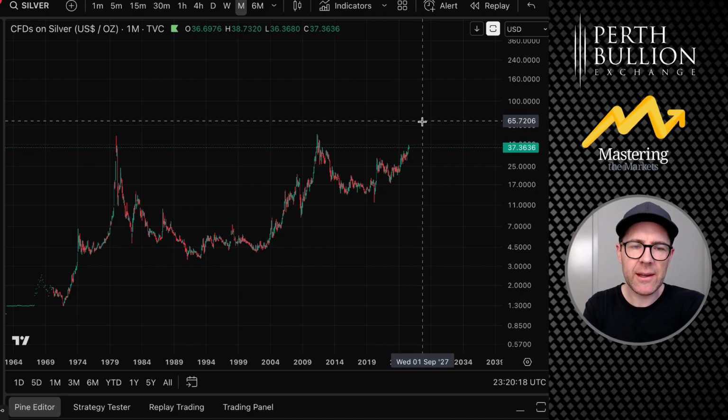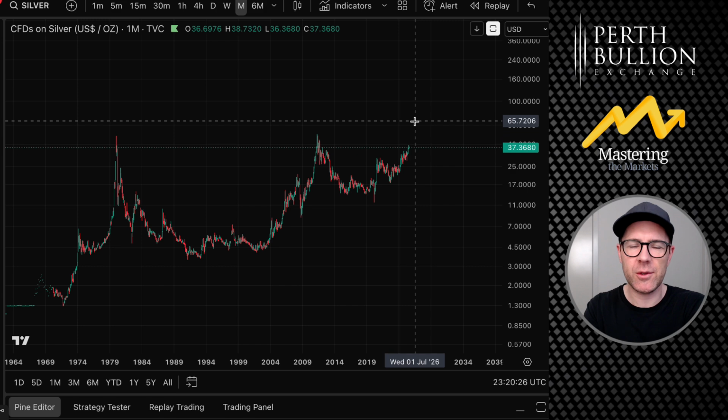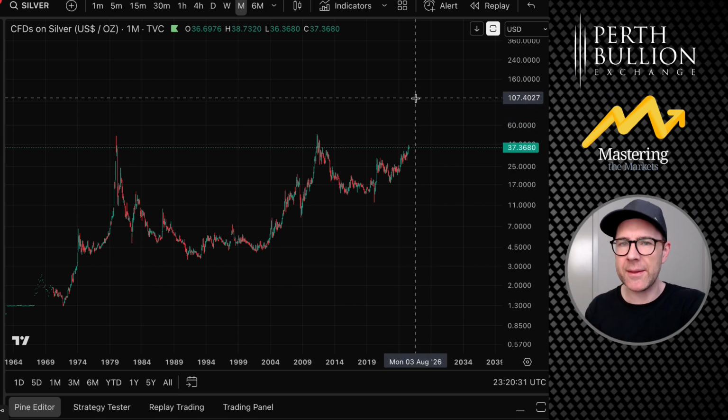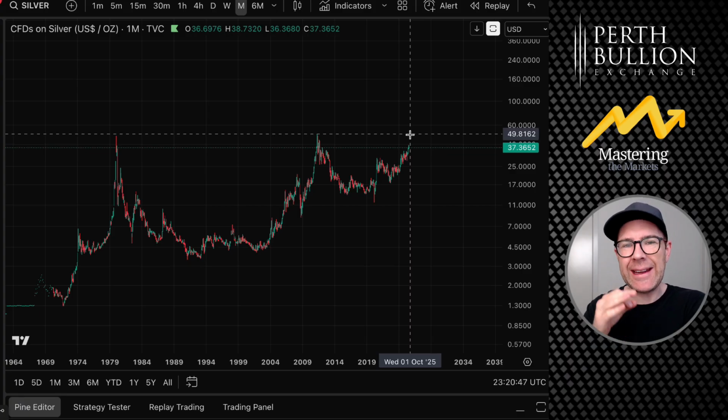The point that I'm making is when it starts breaking $50, that's when you're going to see those kind of rip prices, not just slow movements, but some quick movements up to higher targets. I'm not saying it's shooting for $100 in two months' time after it breaks $50, but you're going to see these mini ripping levels, particularly when it breaks that $50, which it will eventually. I'm still of the opinion that we can at least come and test $50 again in 2025. We may even break $50 in 2025.